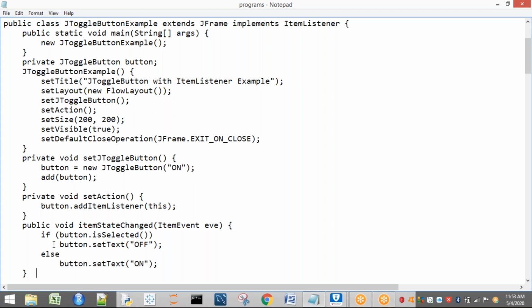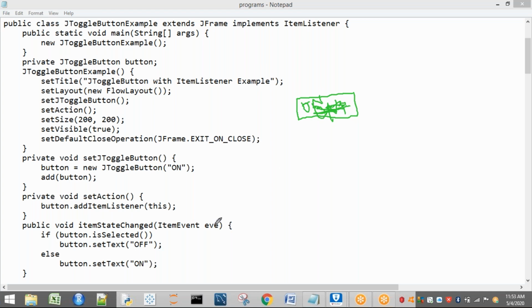You have to understand this program. See, for example, here I am going to have one button like this. Generally, while creating, I place a text called on. So initially it will be visible in this way. Whenever it is selected, that means if I click on this one, off is going to be the message. Okay, off. If I click once again on this one, then it is printed as on. If you do not click on this one, the message will be on. If you select it, it is going to print off.